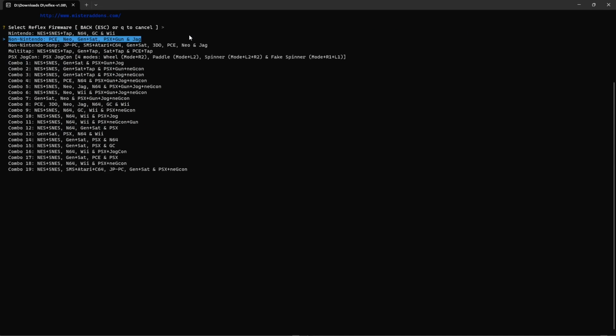So you've got the Nintendo one, which is just NES, SNES, TAP, N64, GameCube, Wii. So that will work. You know, you can use those controllers with your Reflex. Now, I spoke to MiSTer Addons. Unfortunately, we couldn't have every single controller on there due to memory limitations, but go with what combo works